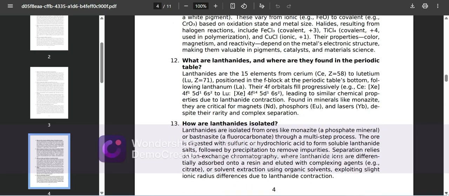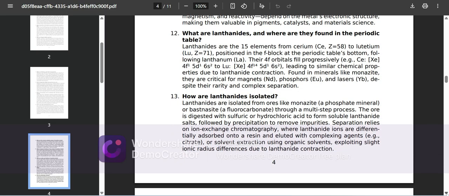What are lanthanides and where are they found in the periodic table? Lanthanides are the 15 elements from cerium, Z=58, to lutetium, Z=71, positioned in the f block at the periodic table's bottom. Following lanthanum La, the 4f orbitals fill progressively. Example: Ce, 4f1 5d1 6s2,